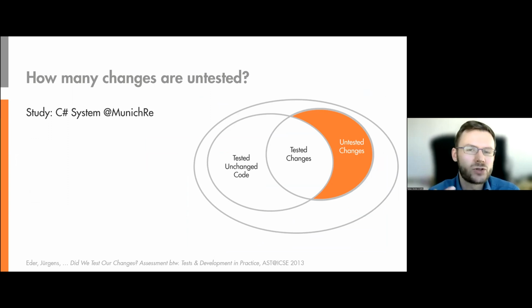And this is, of course, all gut feeling so far. We wanted to know how much is that actually in practice. So how many things that happen on the code level do not get tested at all during a test phase. So we did a study with MunichRE, a big reinsurance company here in Munich, on a C# system of theirs,